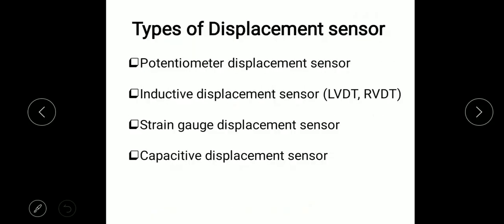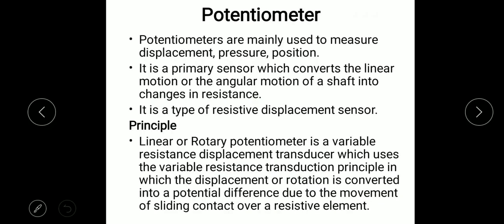Displacement sensors can be further classified as potentiometer or resistive displacement sensor, and inductive displacement sensor, which consists of LVDT and RVDT, strain gauge displacement sensor and capacitive displacement sensor. First of all, we will discuss the potentiometer type. Potentiometer type is nothing but a variable resistance. You can see a variable resistance